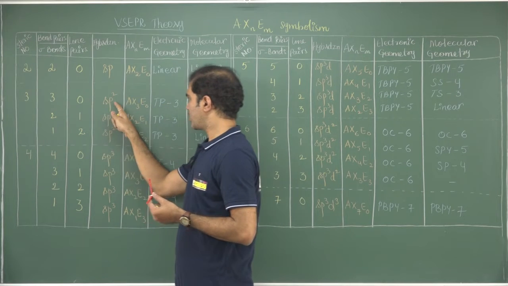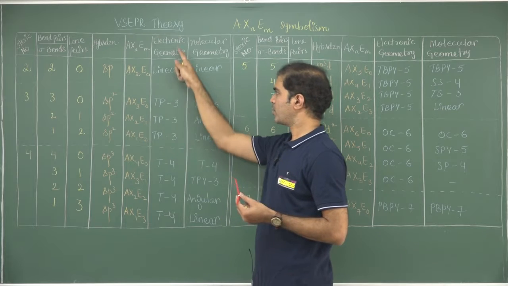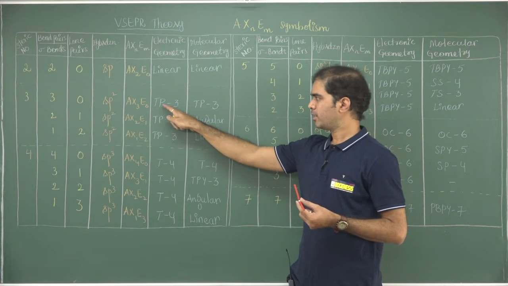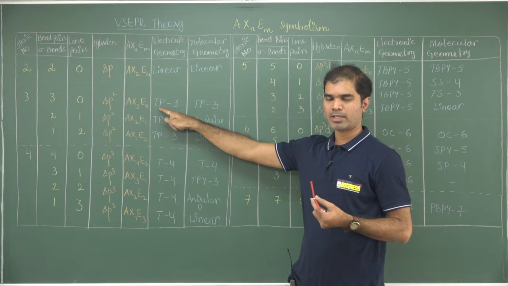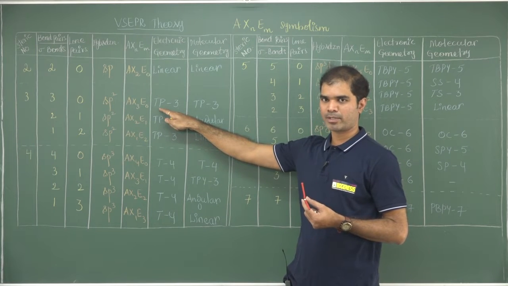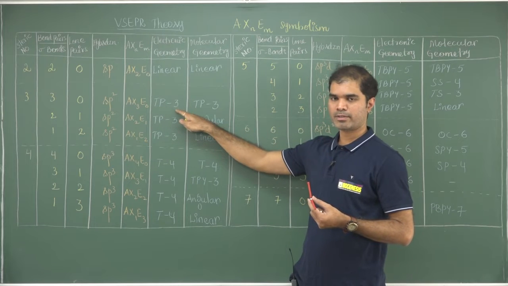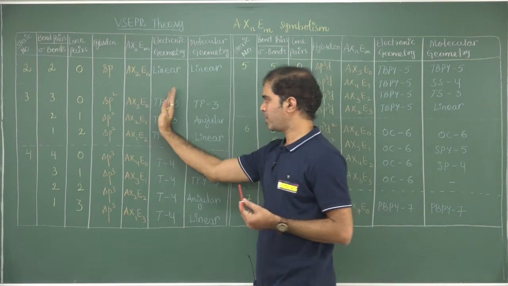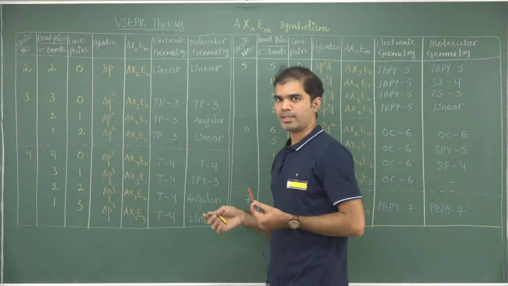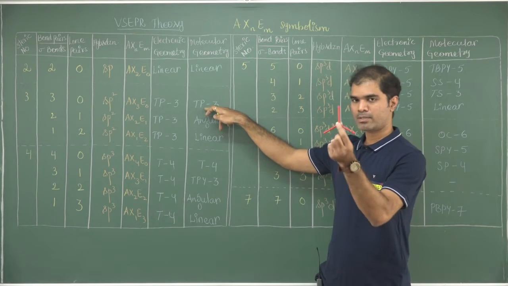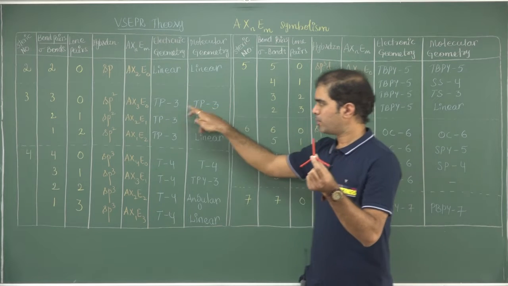And for a particular hybridization, the parent geometry or the electronic geometry does not change. In every case it is trigonal planar. This is the IUPAC abbreviation of a particular geometry. For trigonal planar I give it as TP-3, and all of these must be in italics. When it comes to the molecular geometry, this is trigonal planar, but whenever there is one lone pair,